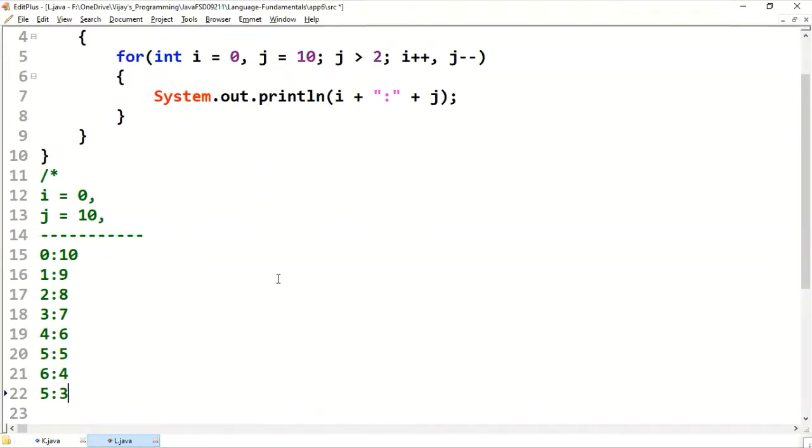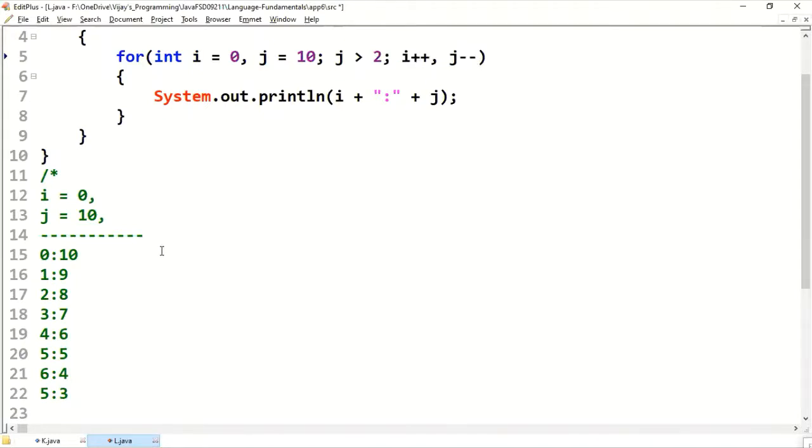Assume j value got decremented to 3 and i value got incremented to 5. Printing the same, 5 and 3. Sorry. After incrementing, that is the last step, no?